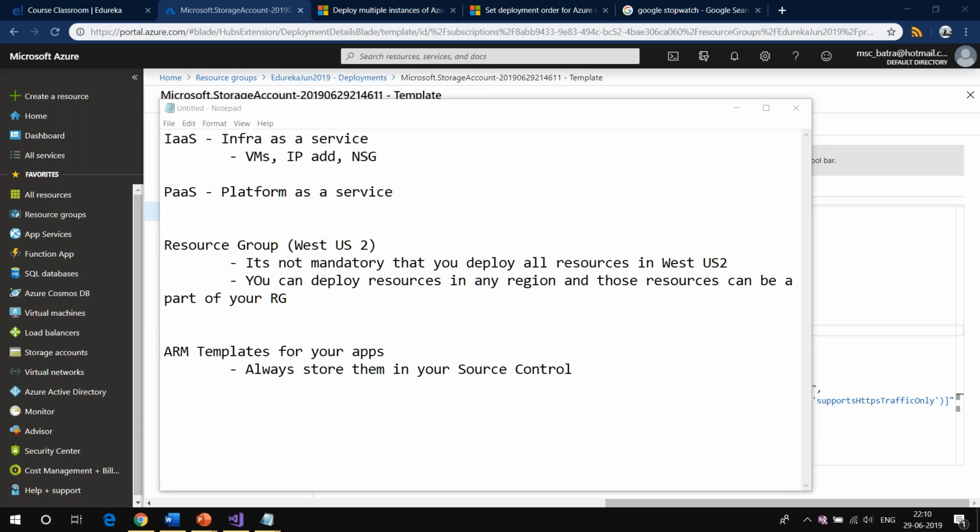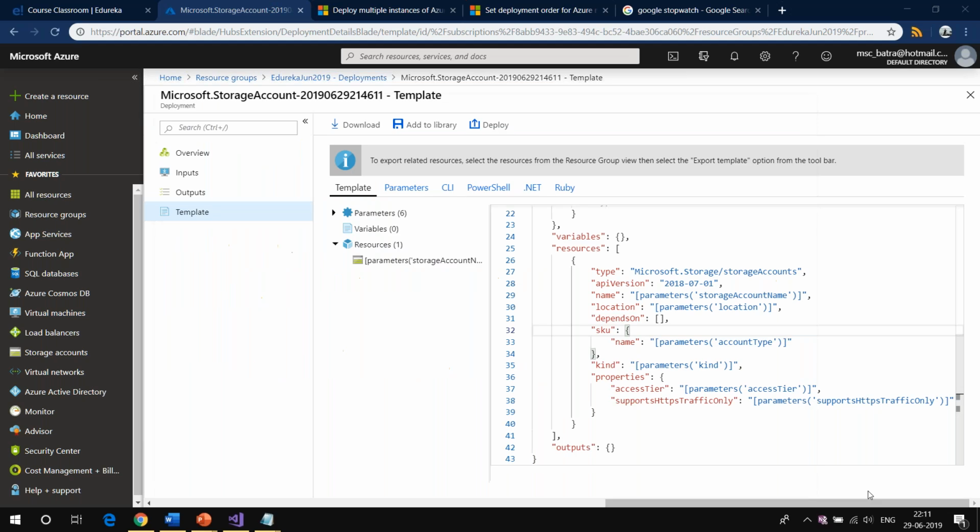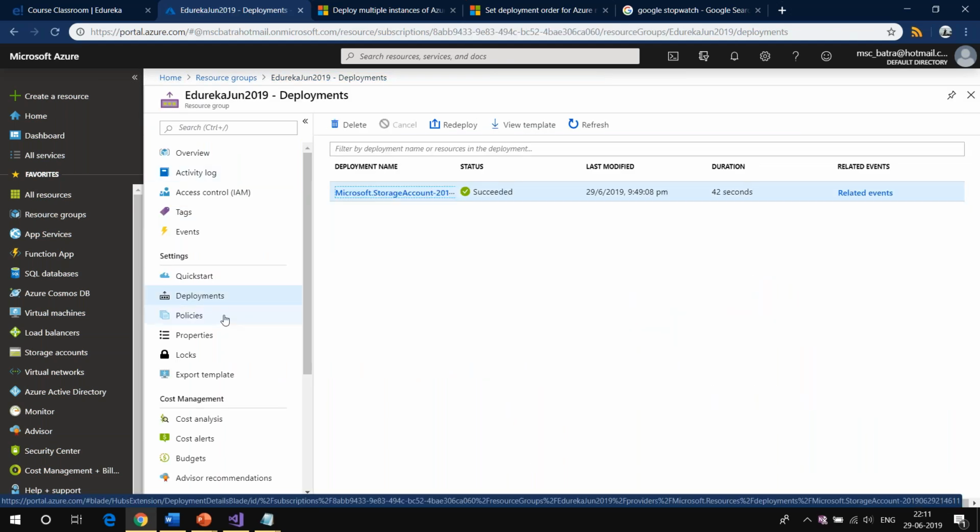Okay, and Roshan is saying, if I delete storage, then deployments will also delete. So Roshan, if you delete the storage account, the deployments will not go away. Only when you delete the resource group. If you delete the resource group, then only this deployment section will go, but then also it is being logged somewhere else. I don't want to bring it up because that's part of monitoring. But if you delete the resource group, then this deployment section will obviously go.